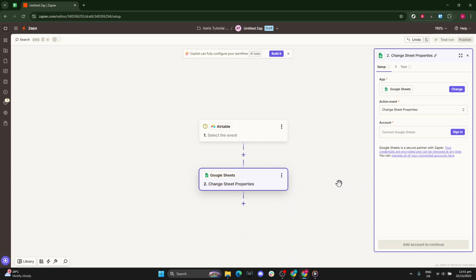When your trigger and action are set and everything looks good, it's time to publish. Click Publish to turn your Zap on. Publishing activates the automation so it can run in the background without any further effort from you. That's it. Your Airtable to Google Sheets workflow is now live. If you ever want to refine it, you can reopen the Zap, adjust the event or field mappings,